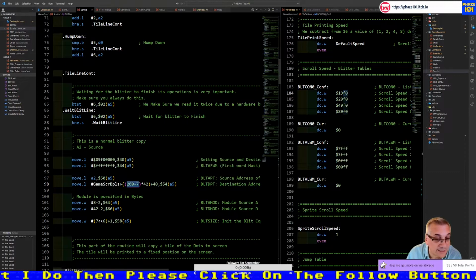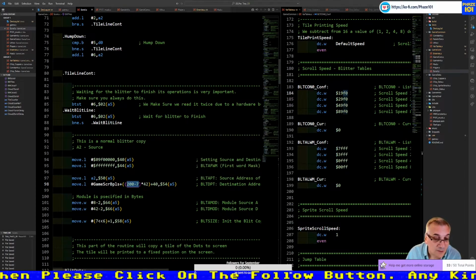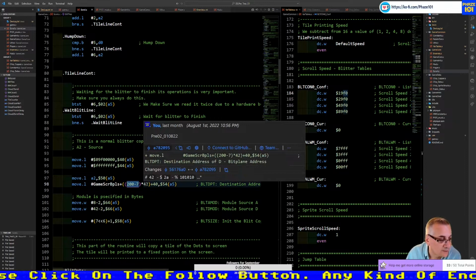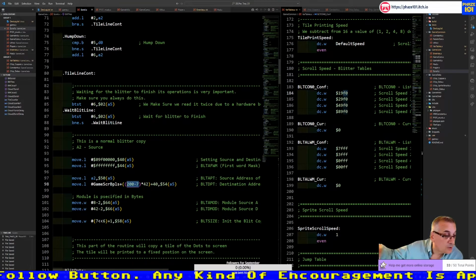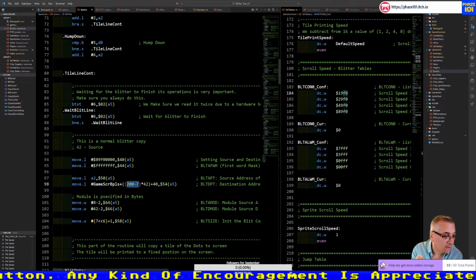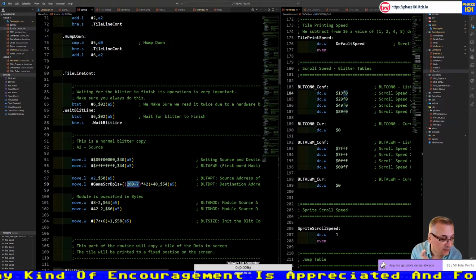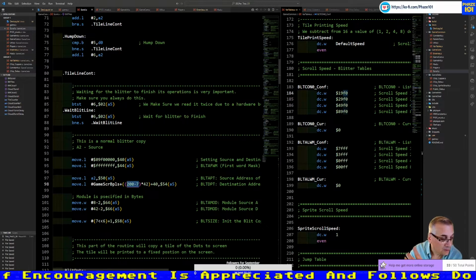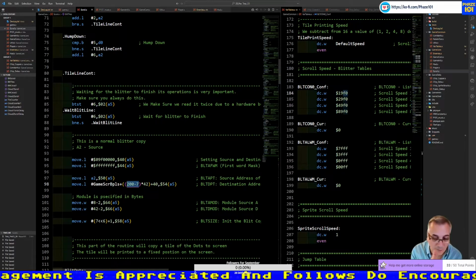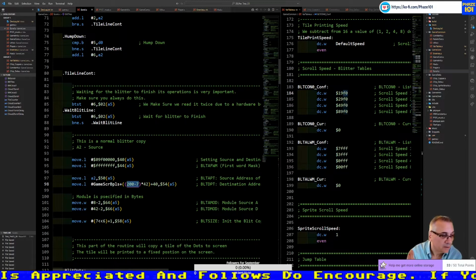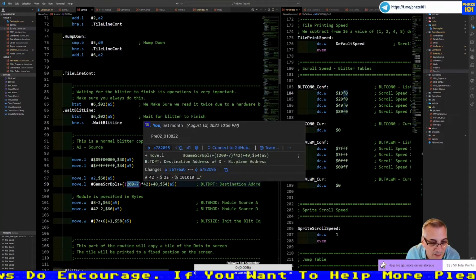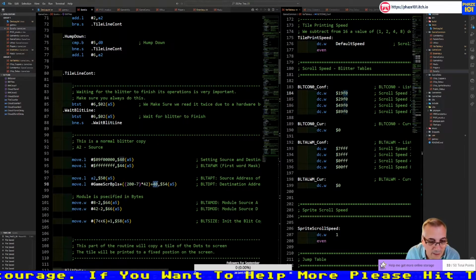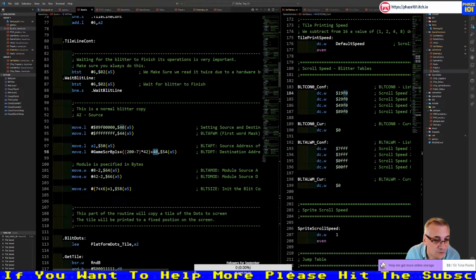So actually we are starting at line position 193 times 42, because each line in the X is 42 bytes long, plus 40. From 40 onwards is hidden, because the width of our screen is 42 bytes, but we only see 40. So I'm hiding part of the screen. There are 16 pixels that are hidden, basically. So I'm telling it to blit to that area. That's why 40.